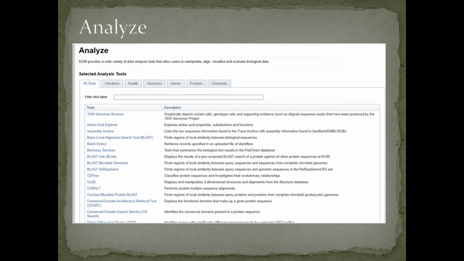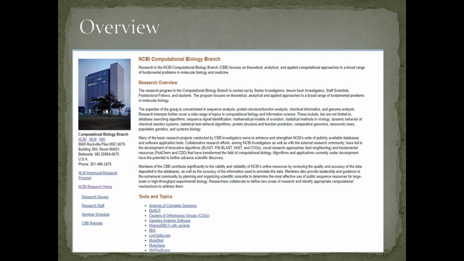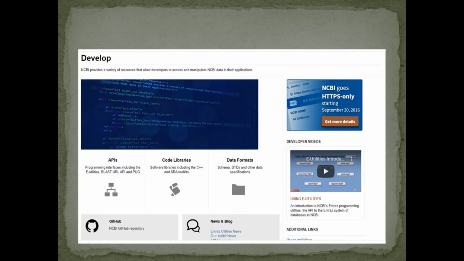In the analysis section, you can see some other different types of tools as well. In the overview section, you can see the NCBI computational biology branch, and it discusses some aims and goals of the NCBI, a research overview, and some tools and topics related to NCBI search.